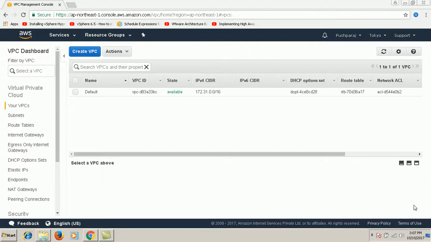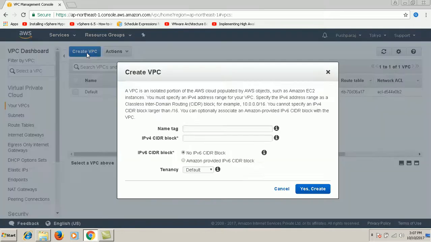Hi guys, today we're going to see the VPC in AWS. We're going to create a VPC and see how it works and what the important things in a VPC are, so that we can create it right away. First of all, VPC is a virtual private cloud in AWS. We can create our own network for a particular IP range and put instances into that range. So I'm just naming it VPC 01,